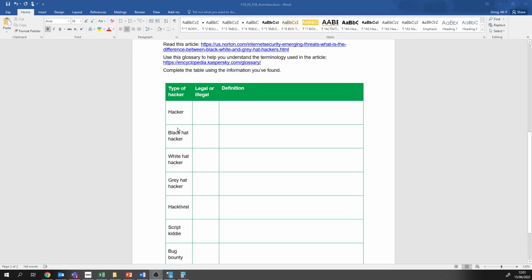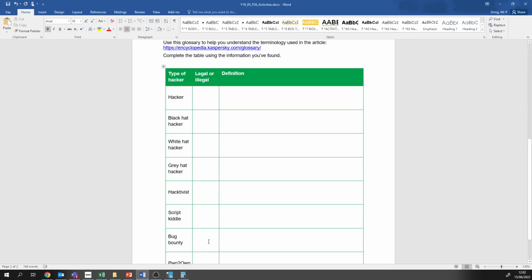You've got different colour hats. Do use the links on here to find out more about them. Particularly interested if you can find examples of bug bounties. So bug bounties is where a company will pay a penetration tester or an ethical hacker if they find a